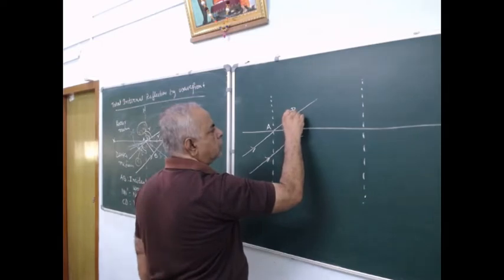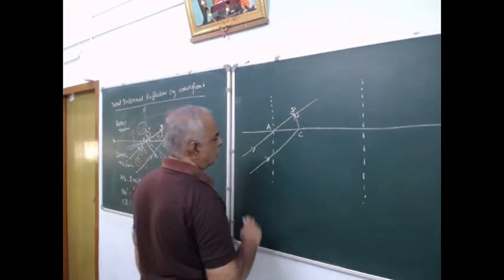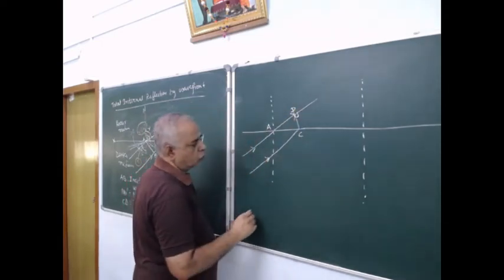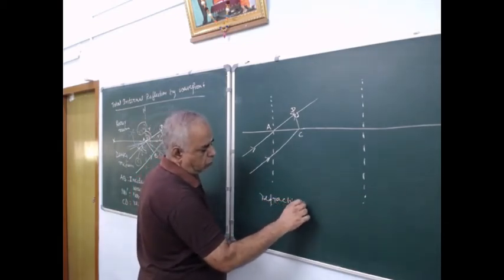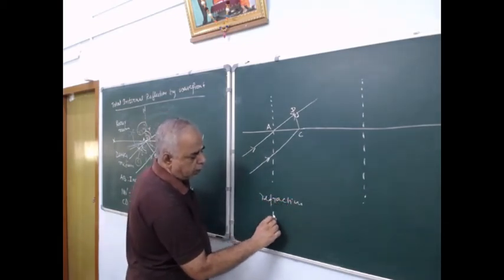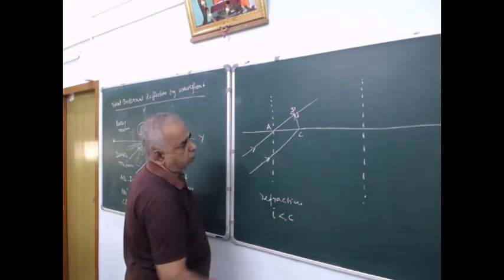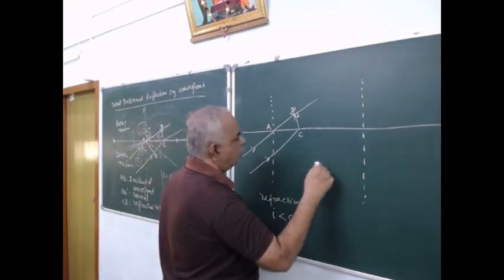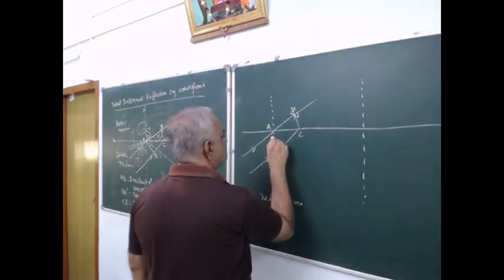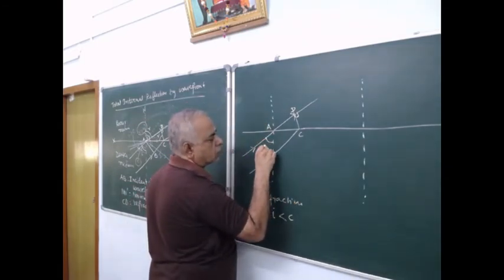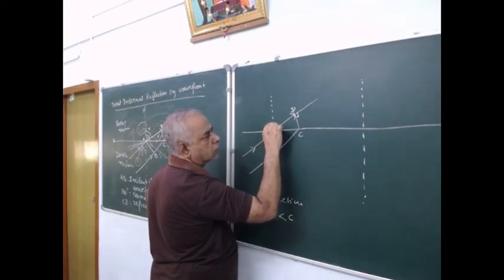So this is D. So this is the refraction where I is less than C, you understand? And this is the angle of incidence I, this is the angle of refraction,